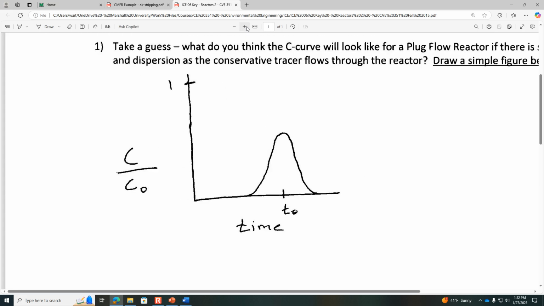Okay, so this is what the C curve would look like if it had been spreading out a little bit. It would look like, what's that called? A bell curve or a normal distribution. And the reason for that, I've just drawn a little illustration on the whiteboard showing, here's our slug of tracer. And if we acknowledge the fact that dispersion is a real thing and it's having an effect, then even without mixing, like without bulk mixing, which is called advection, the dye is just going to naturally spread out because of